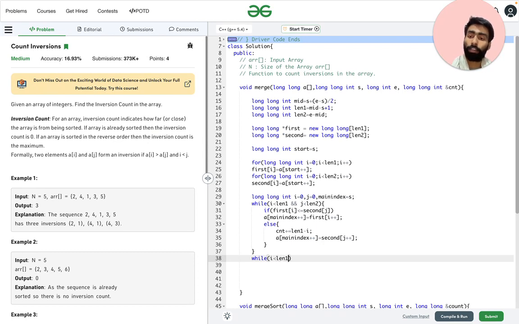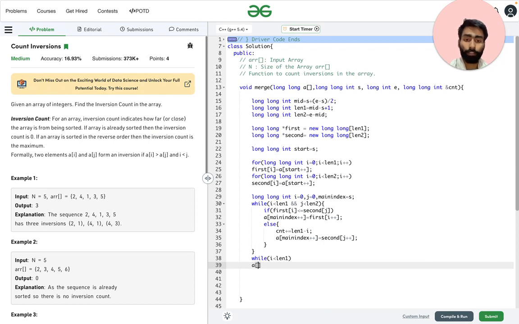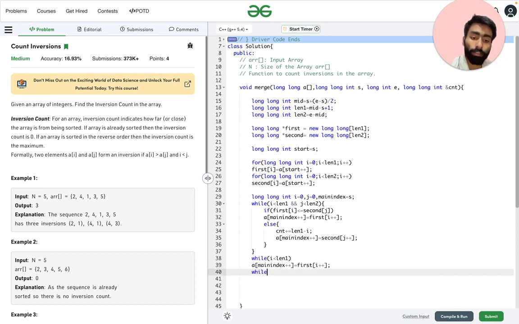That is, if the length of the first part of the array is still remaining, in that case we will add the remaining portion here. For doing so, we will do this. In this way we add that, and if the second is remaining, in that case what we will do is this.